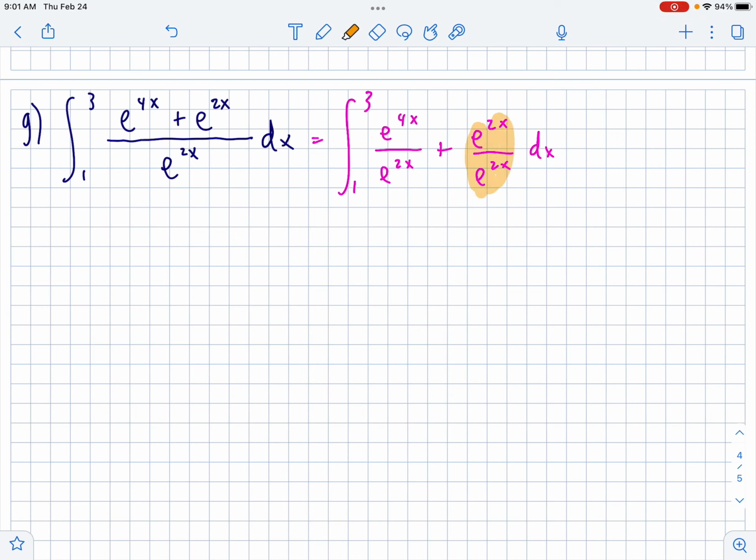Now, this is a giant 1, so that's nice. And then here, when you have the same base, you can actually subtract their exponents. So no calculus happening yet, but this will become e to the 4x minus 2x, plus 1 dx, which is e to the 2x plus 1 dx. Now it's in a much nicer form where you can take the integral. So we'll just take the integral of both those parts, and this will become